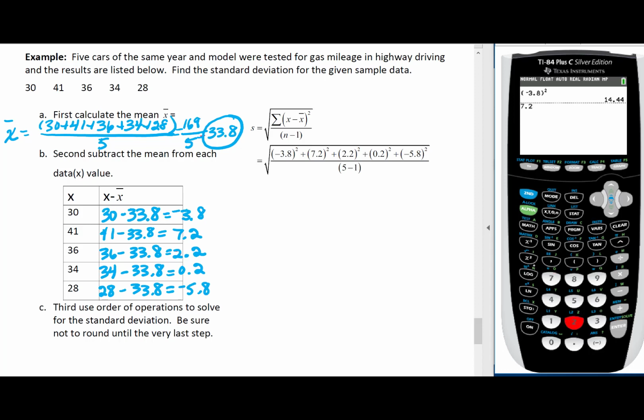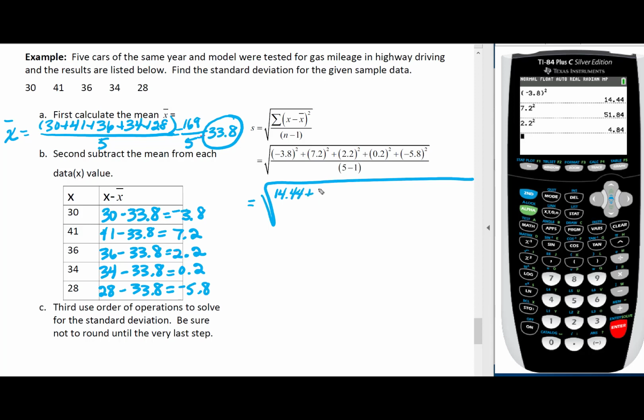We don't have to use parentheses because it's a positive number. Square that. Take the next one, 2.2, and square that. Let's write those down. We're going to rewrite this entire expression, and it's going to be 14.44